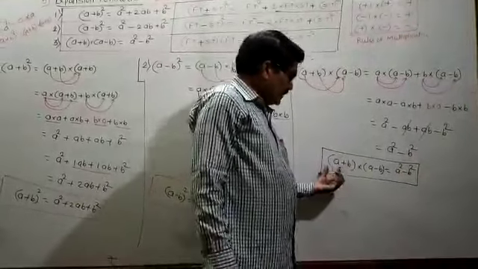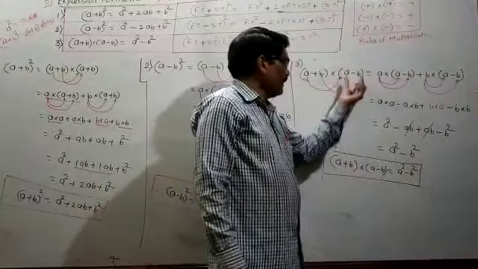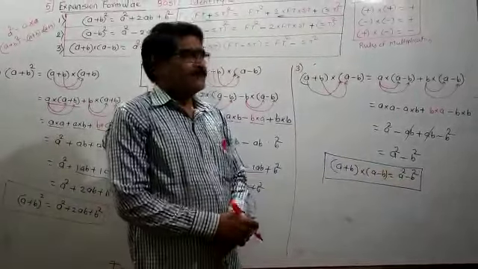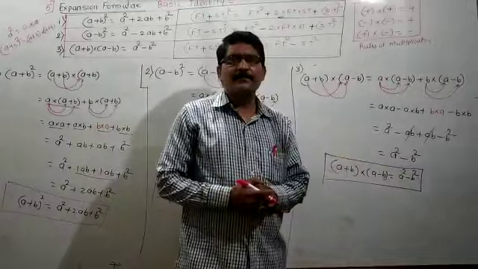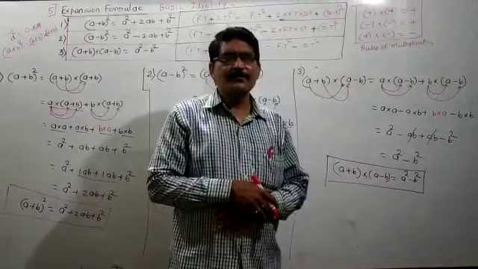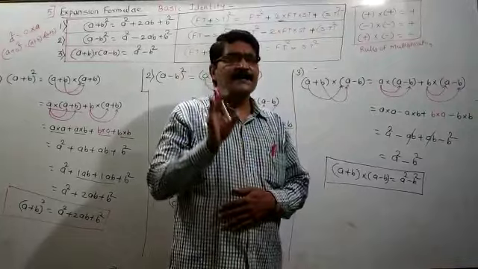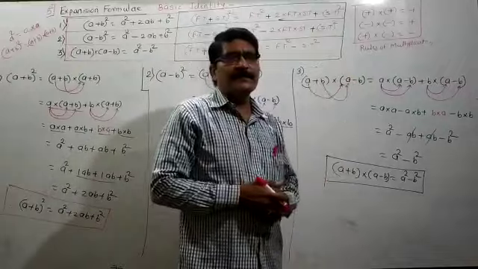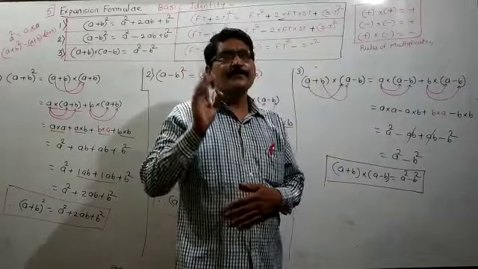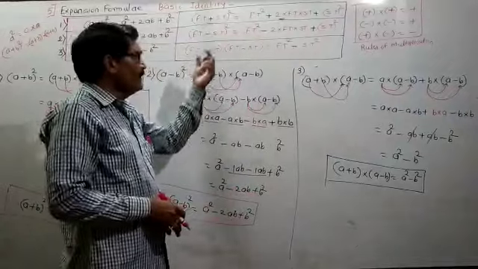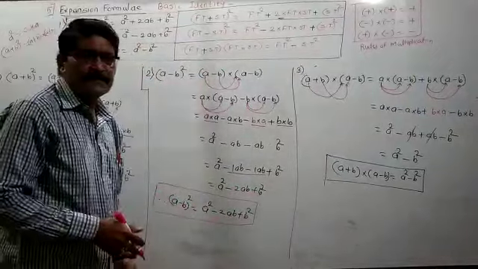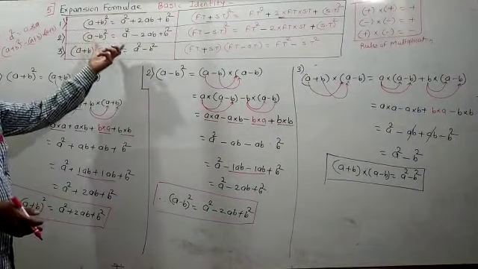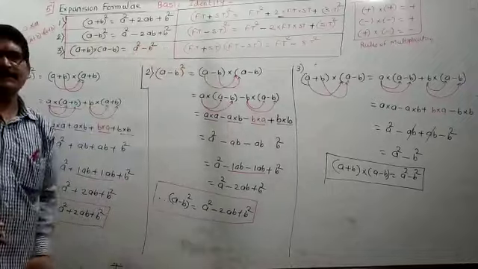And from that you can say that a plus b in one bracket, a minus b in another bracket, is equal to a square minus b square. These identities are not proved in the textbook, but for your understanding I am taking all these things, and I think you have to do all these things properly. I think you understand all these things. So you have to write these identities properly, and prove these identities like this. Does everybody understand? So write this in the notebook, write these boxes, this box and this box, in the basic book.